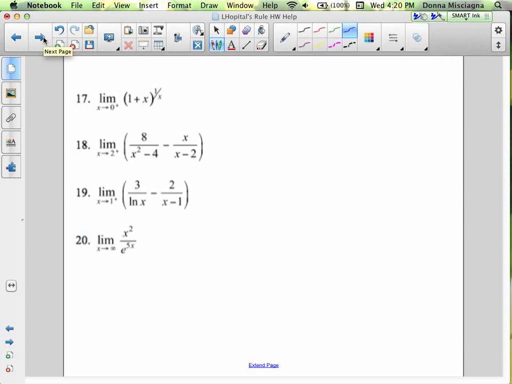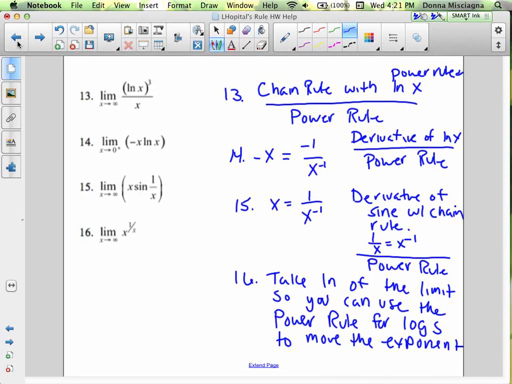dependent on the limit being indeterminate. 17 is the same thing. If this is an indeterminate, you can use L'Hopital's rule, but either way, you've got to move the exponent. So you'll need to take the natural log of the limit. Oh, and as a reminder, if you take the natural log of the limit, just a little reminder,